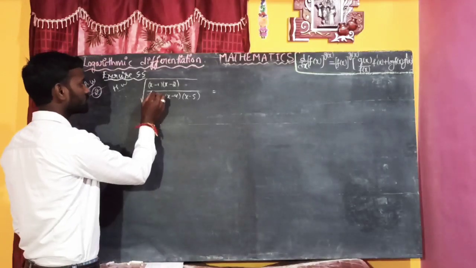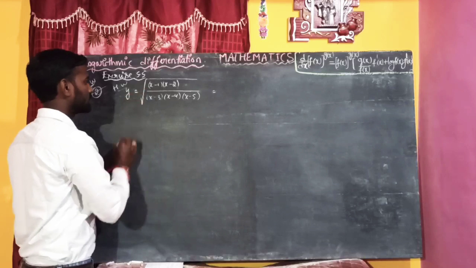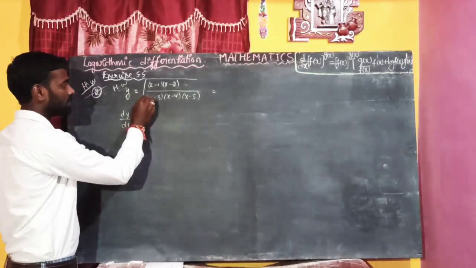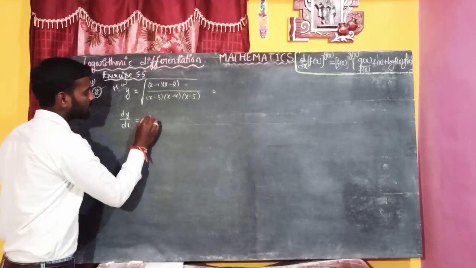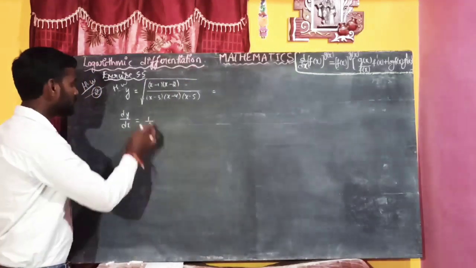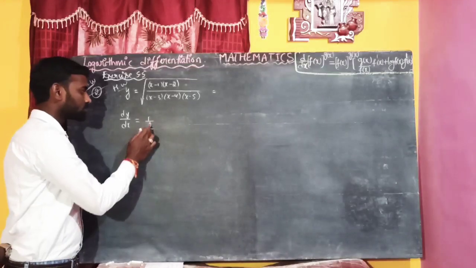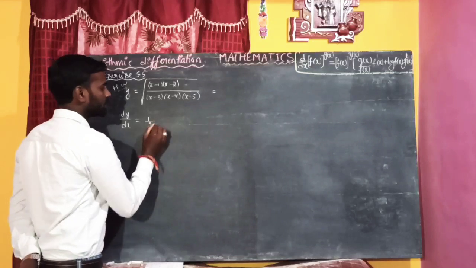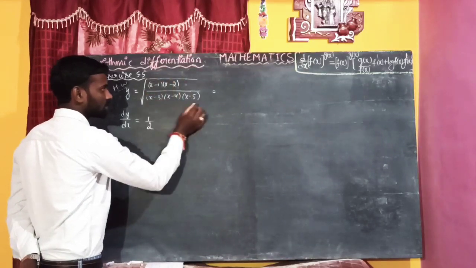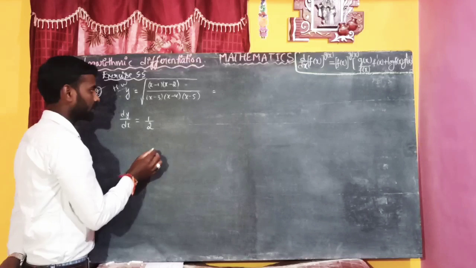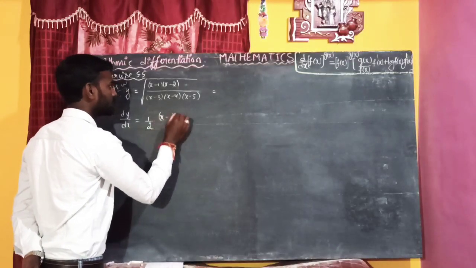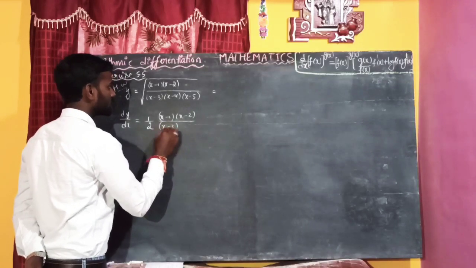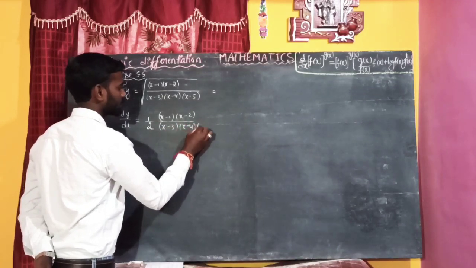Here, observe. If we call this function y, then its derivative dy by dx is equal to, here this is a square root, so this is 1 by 2. If this is a cube root, then this becomes 1 by 3. Now, into the function within the square root, x minus 1 into x minus 2 by x minus 3 into x minus 4 into x minus 5,